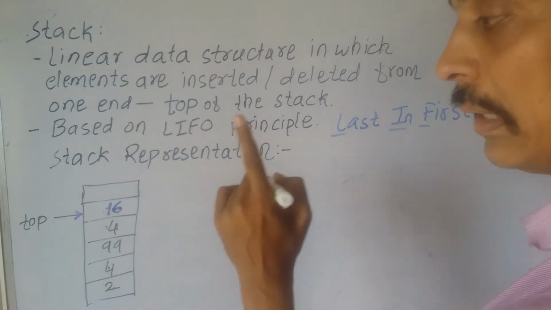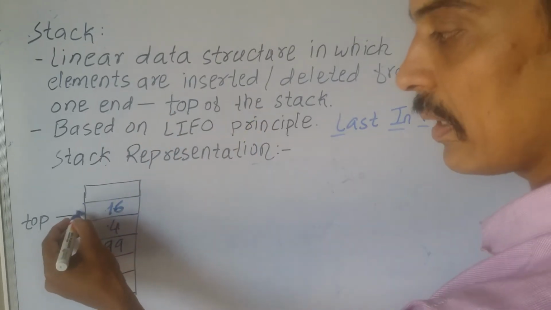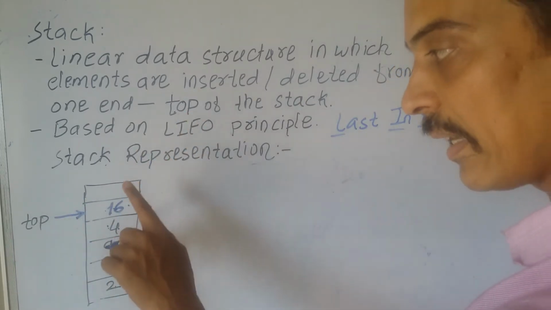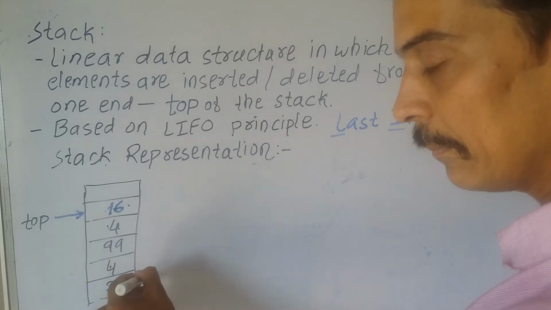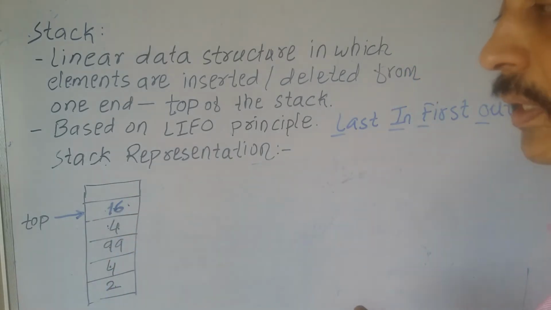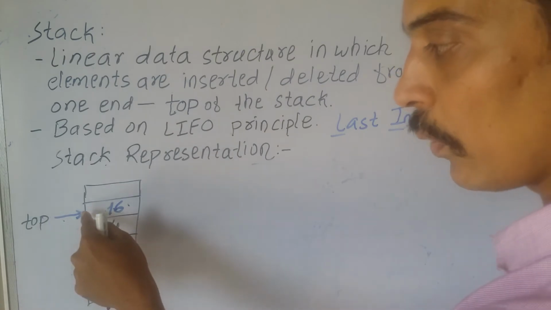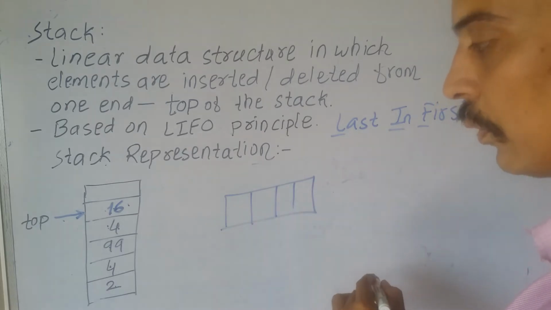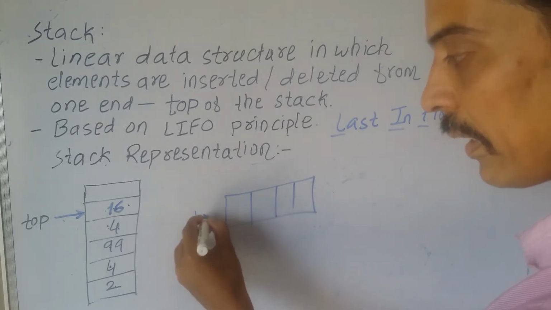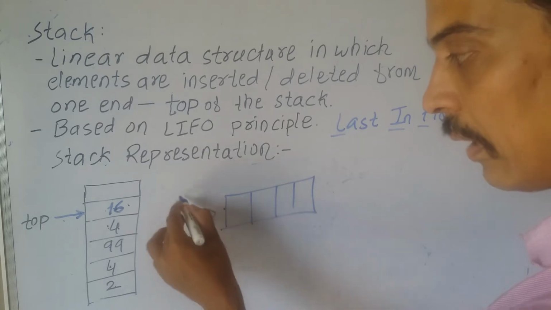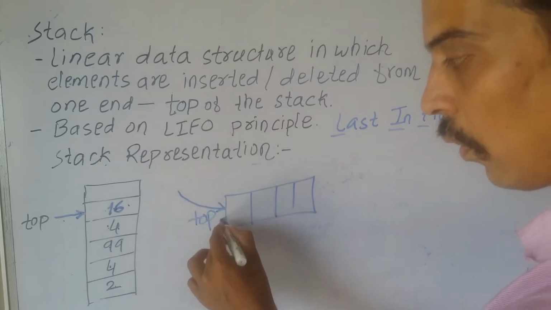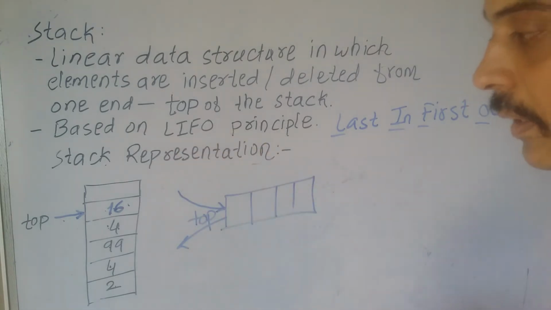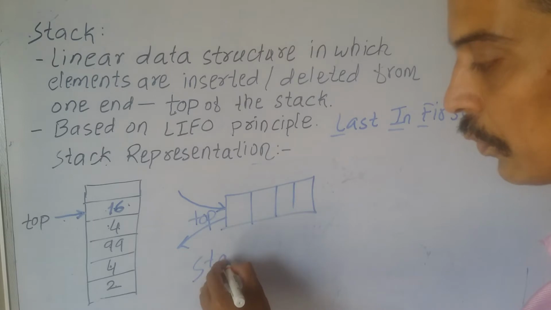So at the end of the last insert operation, top indicates the recently added element, and when I want to delete the element, again the same element is deleted, which is indicated by the top. So only one end is available. For example, if I am showing stack horizontally in this way, only one end is available, which is called as top. From this end only, you have to either insert the element or delete the element. This is what is the stack. What is the normal example of the stack? Stack of books.